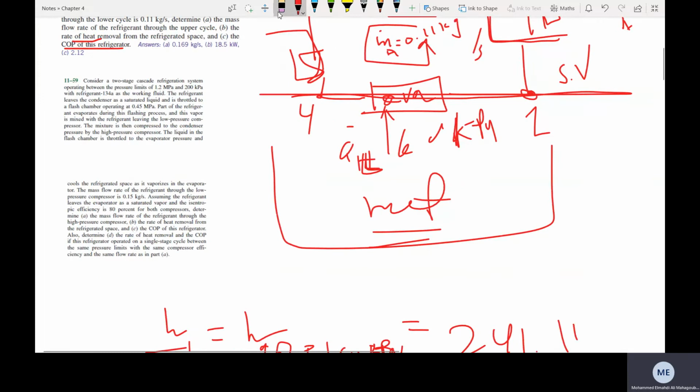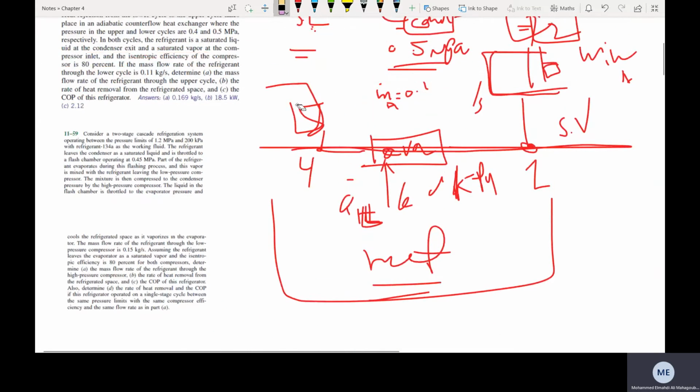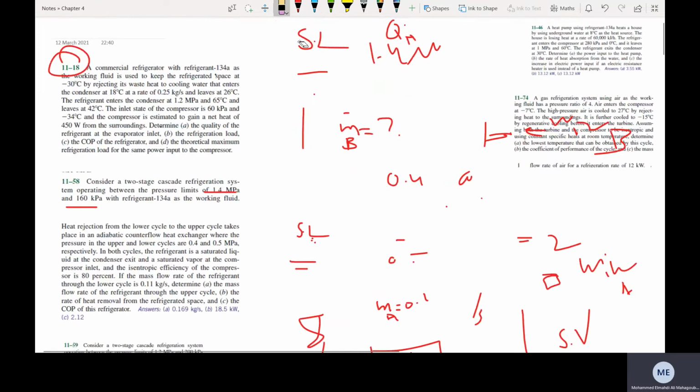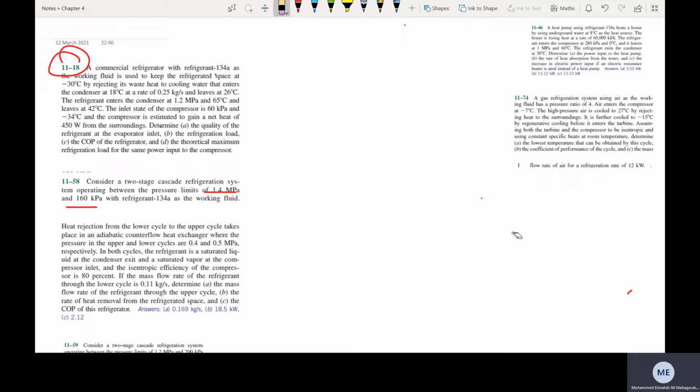Now let's do the final modification of these innovative cycles, which is not the cascaded one. This one is the multi-stage refrigeration cycle. What does the multi-stage refrigeration cycle do? If you remember from your theory, the multi-stage refrigeration cycle will not have two cycles working back to back with each other, but rather it will insert a flash chamber inside the cycle,